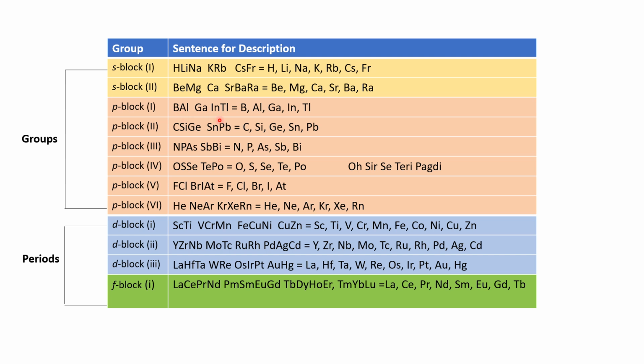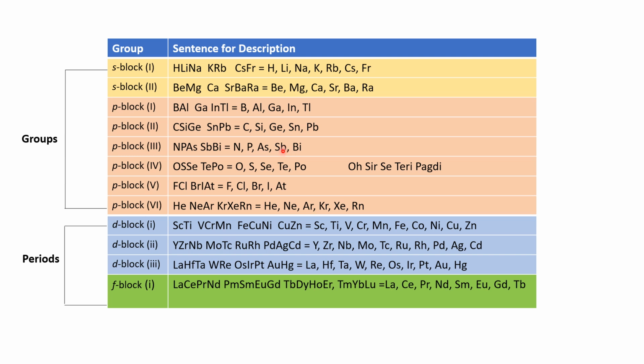In the boron family, which comes in the p block elements, we will use Bal Ga Intel, that is boron, aluminum, gallium, indium, and thallium. In the carbon family we will use Sasiji Sunpub, that is carbon, silicon, germanium, and then tin and lead. In the nitrogen family we will use Napas Sabi, these two words, that is Napas for nitrogen, phosphorus and arsenic, and Sabi for